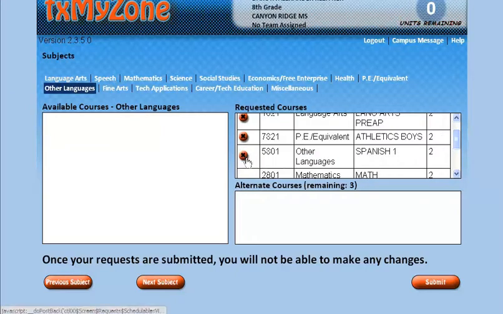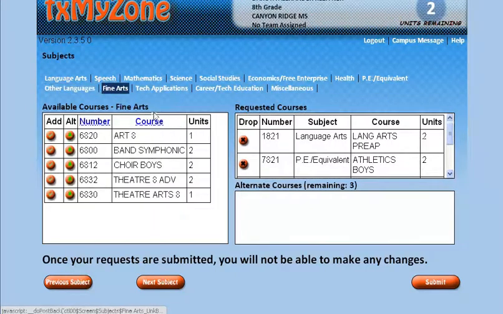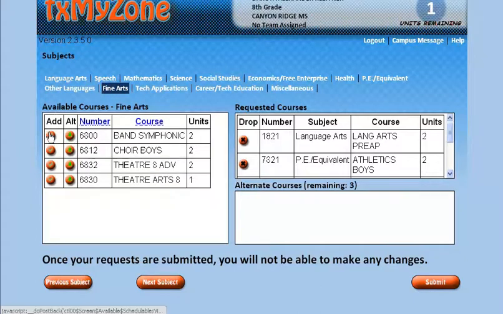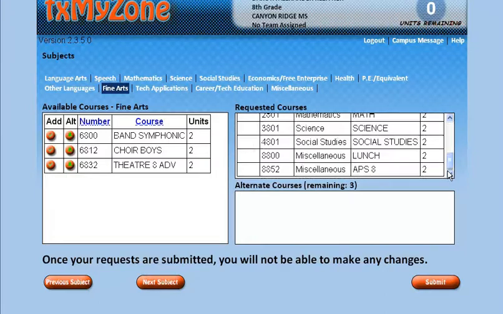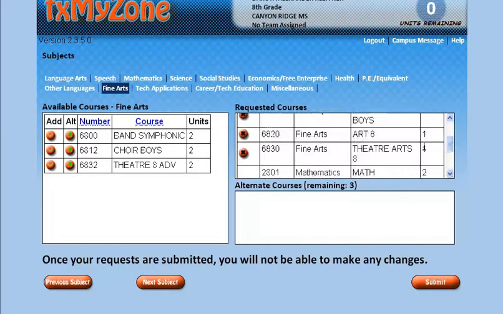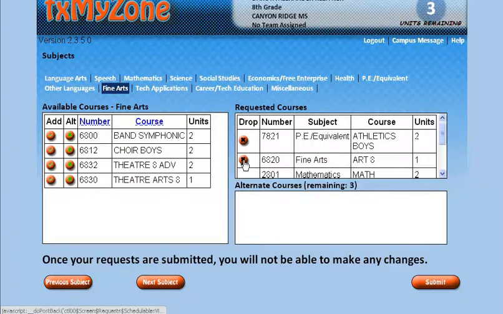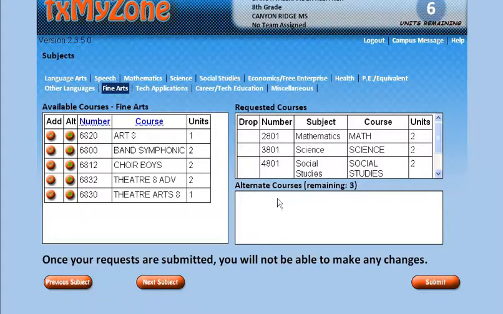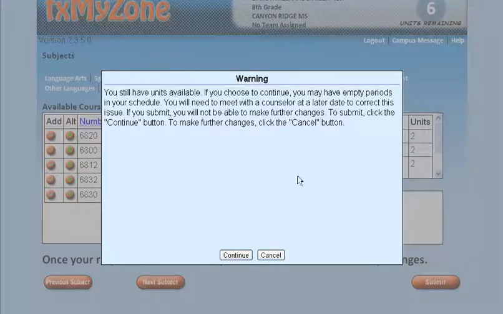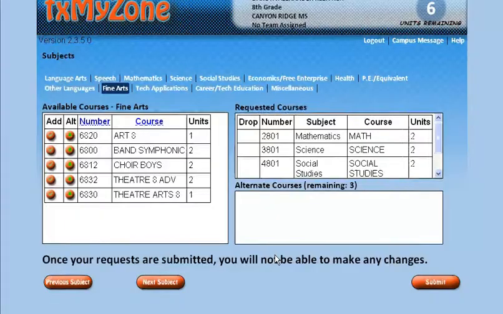If instead of Spanish, let's say they didn't want to do Spanish, instead they wanted to do, let's say, a semester of art and a semester of theater arts, we would click those right there, and notice each one of those was worth 1 because they were semester long, and that went down to a 0. So whatever the case is, we want to go ahead and make sure that our requested courses match our choice sheet. And then once we do that, we will go ahead and click submit. It'll say, are you sure? I'm going to go ahead and not submit for this student because I do not want to do that for them. I'll go ahead and log out here.